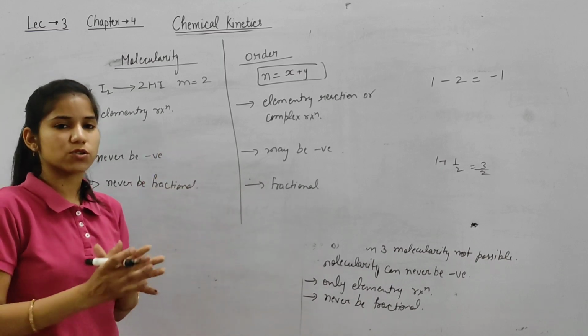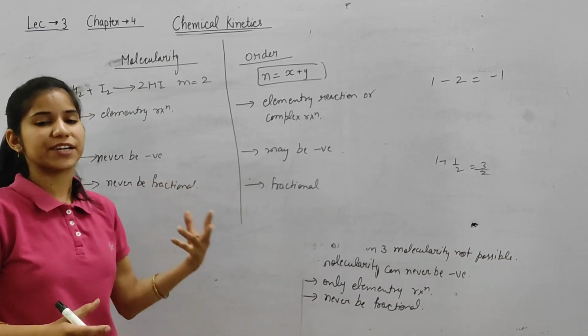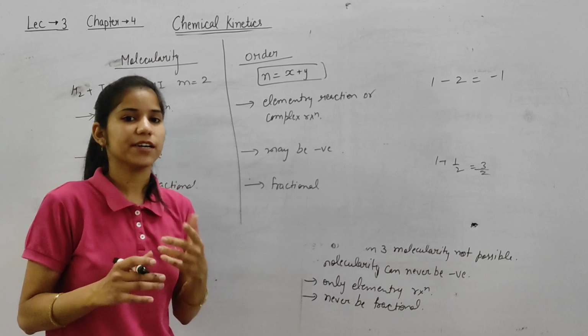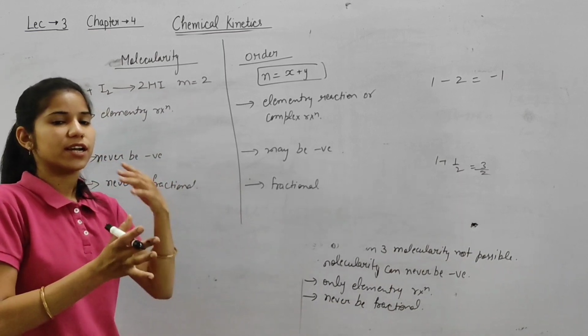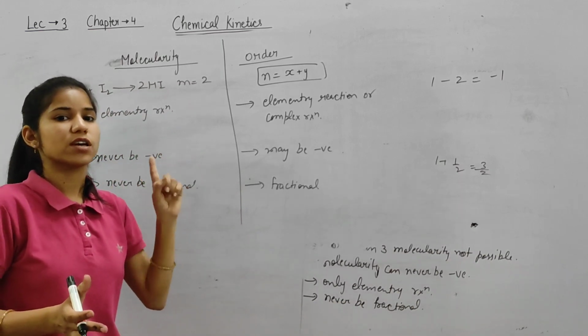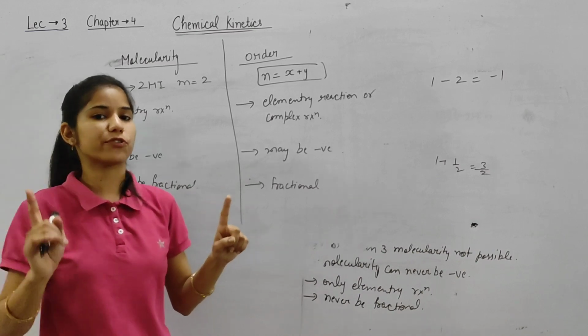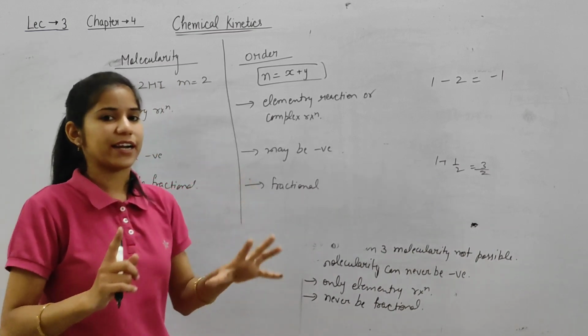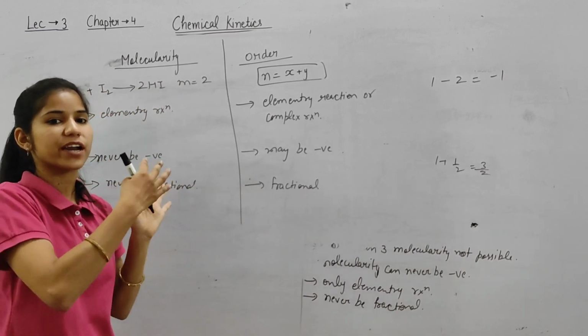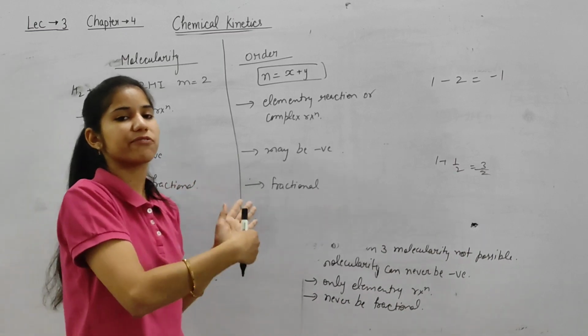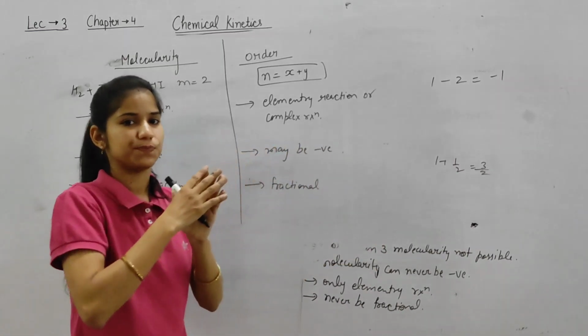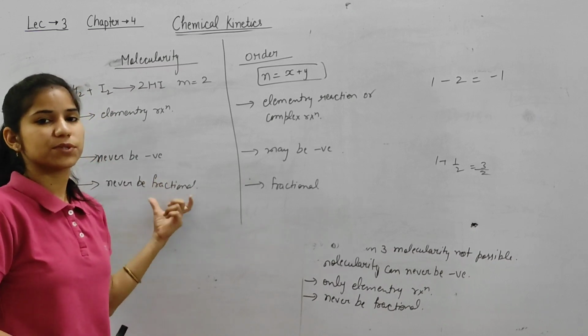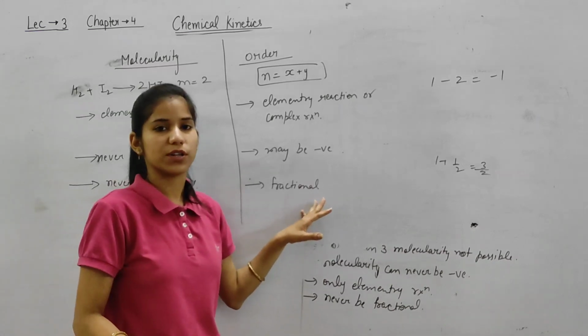And this is our today's topic. Today we are finding out the unit of rate constant, and the unit of rate for first order reaction, and the unit of rate, these are equal. And we are finding out, like if the order is given, we can find out their unit. And these are the differences between molecularity and order.